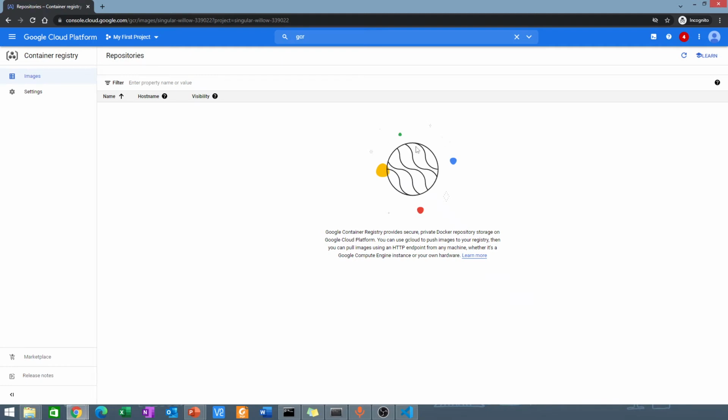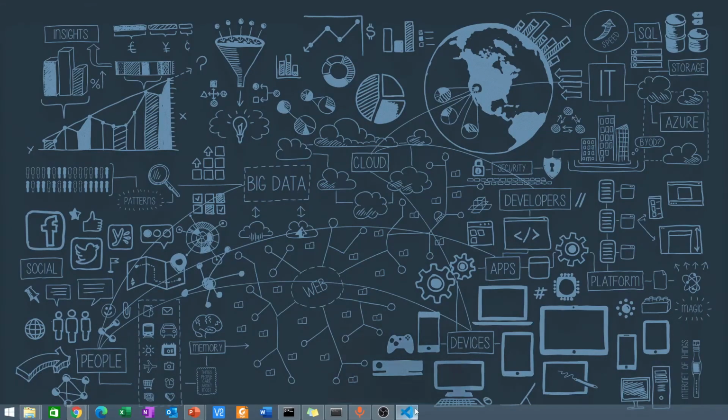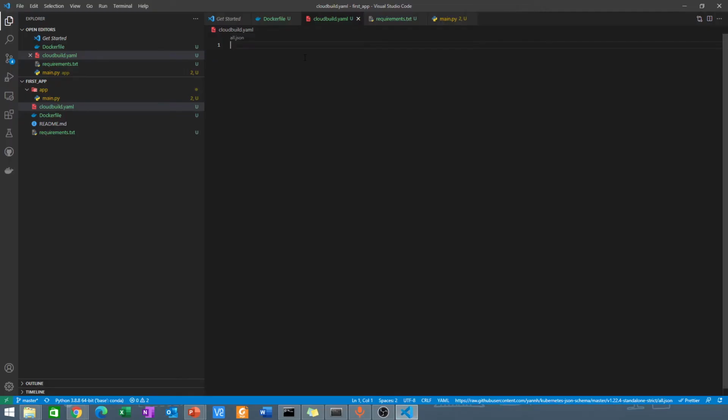So first of all, I'm going to create a configuration that will build and then push that Docker image. That configuration will be specified in cloud-build.yaml. So first of all, I'm going to say steps,